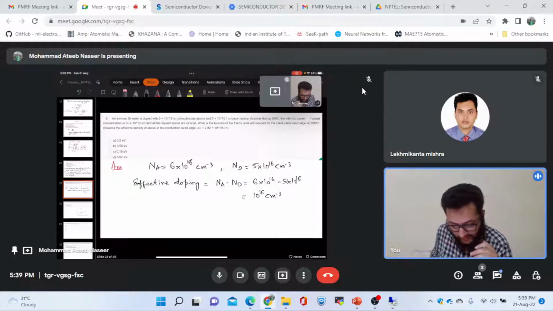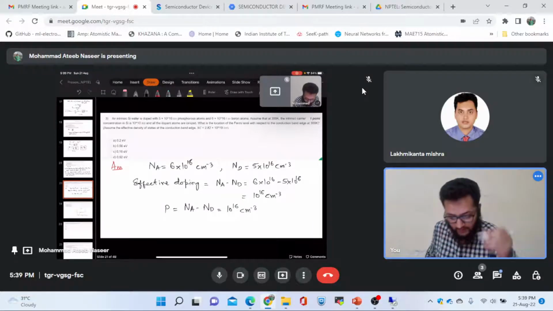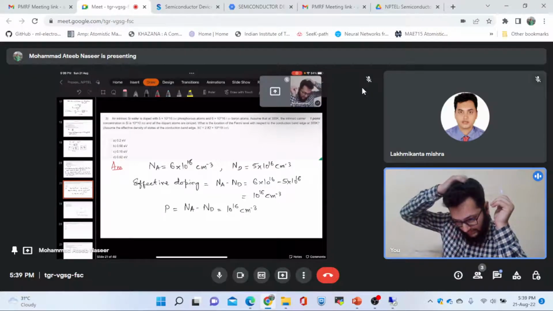So we can clearly see that this will be equal to P, where P is equal to Na minus Nd. This is the concentration, and this concentration will be equal to 10 to the power 16 per centimeter cube. Now we have been told that